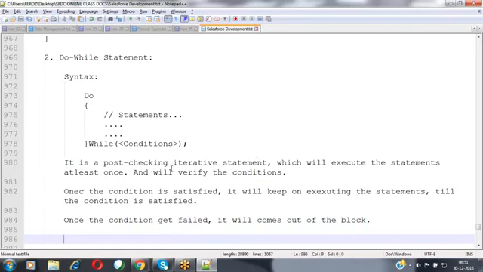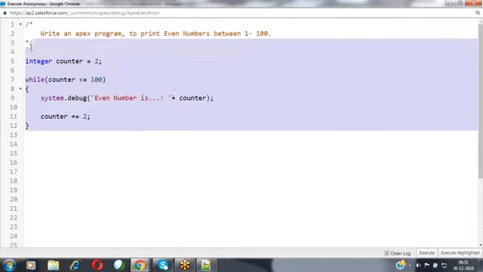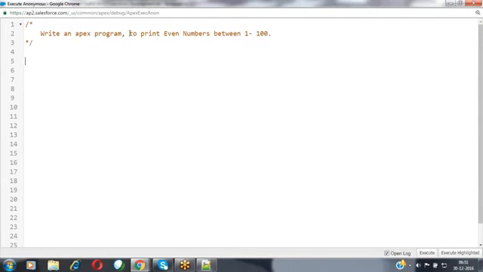Whatever functionalities we implement using the while loop, the same thing we can implement with the help of the do while also. Let's take a small program. Write an Apex program to print the values between 100 to 200 in reverse order.